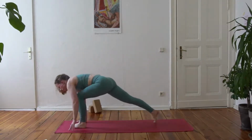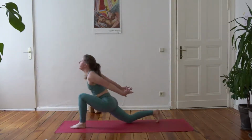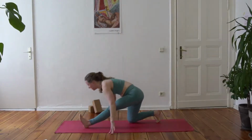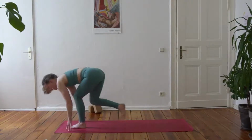This time, step the foot up in between the hands and lower the right knee to the ground. Draw the left hip back. Inhale as you rise up. And exhale, half split. Inhale to ground the front foot, lift up the back knee, and then step to the